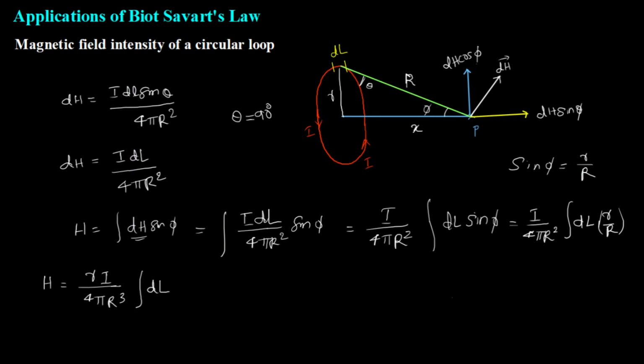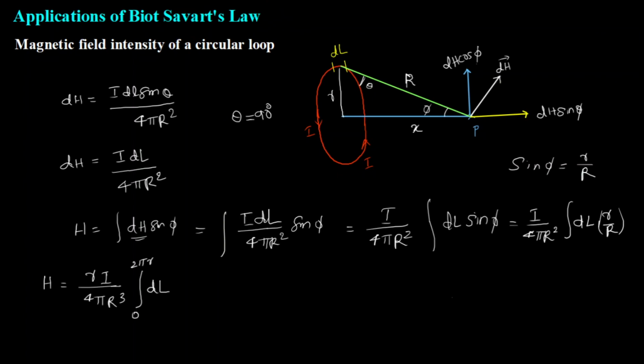Now see, I have to just integrate dl. What do you mean by integrating dl? I have to consider dl traveling over this entire circular loop. We have considered this as the starting point, the top, so from the top back to the top, it has to travel the entire perimeter of this circular loop. If I consider this as the reference and start measuring the perimeter of this circular loop here, the entire perimeter will be 2 pi times r. So I have to integrate dl from 0 to 2 pi r.